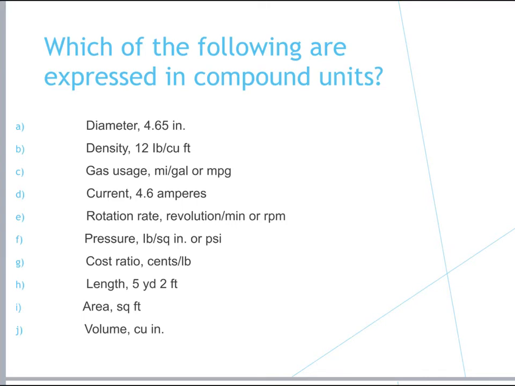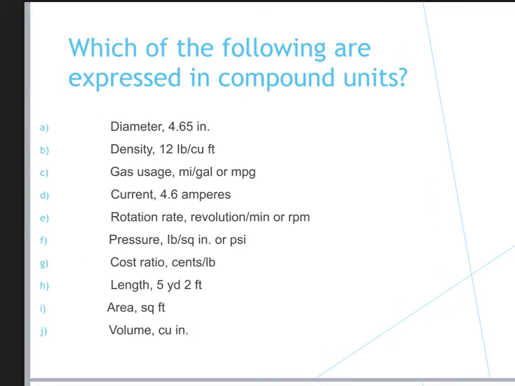So if we take a look at this, we have a compound unit at B for density, pounds per cubic feet, C for gas usage, miles per gallon or mpg, E for rotation rate, revolutions per minute or rpm, F for pressure, pounds per square inch or psi, a cost ratio in G for cents per pound,